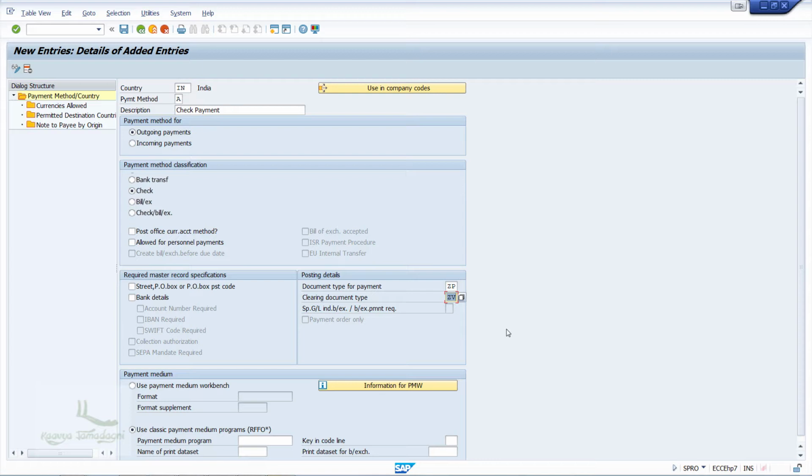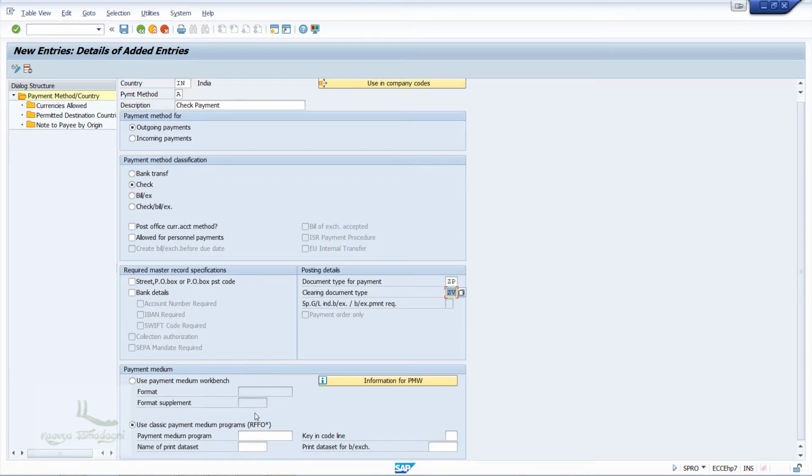After making this entry, there is one more important configuration you have to do, that is the payment medium program. For check payment, the standard payment medium program is RFFOUS_C. This is very important because when we execute the payment run in F110, the system will run this program.